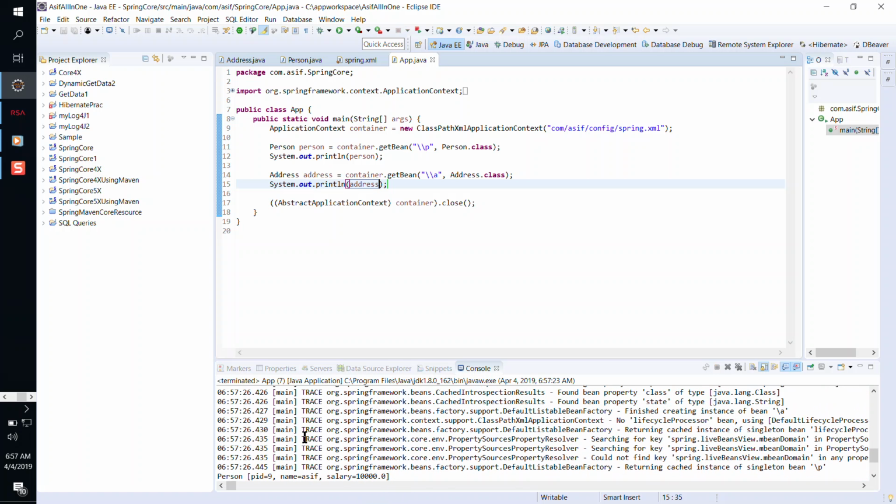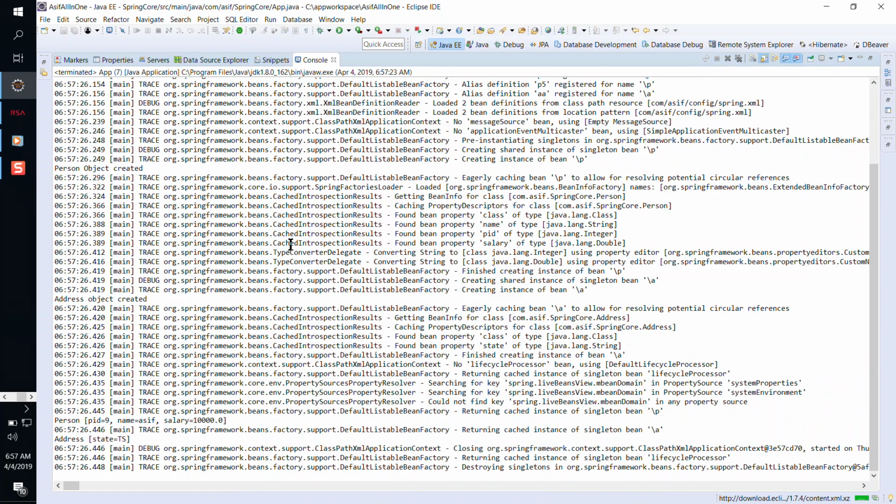You'll see the output for both the person and the address. Let me maximize it. Where is the output? Yeah, here is the output for the person. This is the output for the address. Okay,